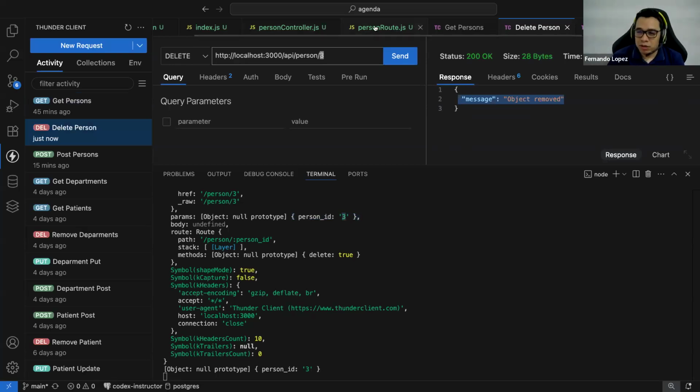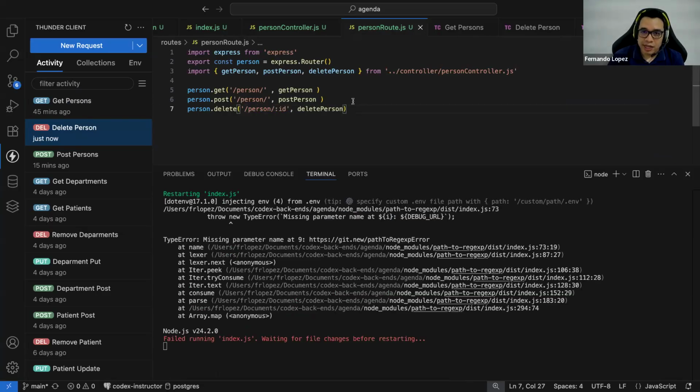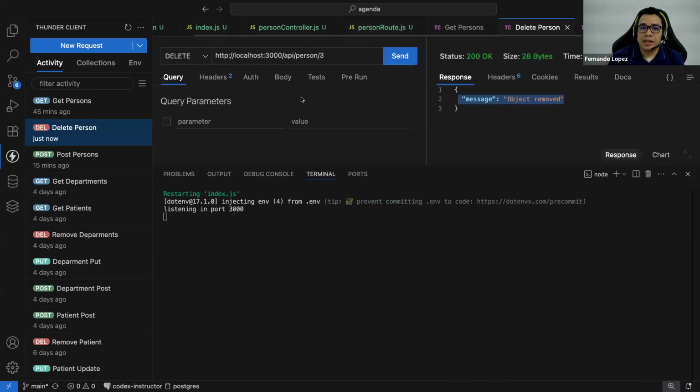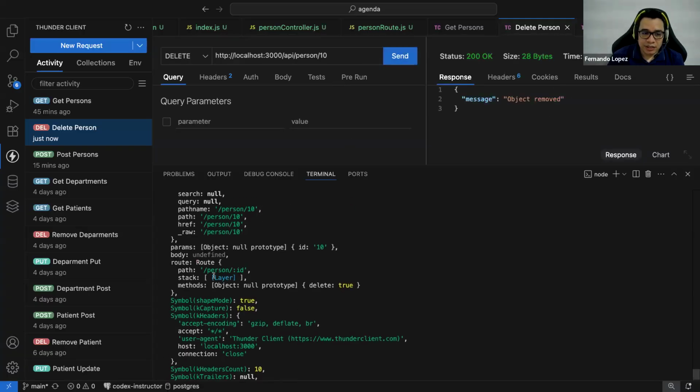So let's try to modify something. Instead of calling this person ID, we're going to call the parameter another way, just so you can see the example. I will call it ID, and the element that I want to remove will be the element number 10. If I hit send here, now you see that the params object contains the ID and the value 10.